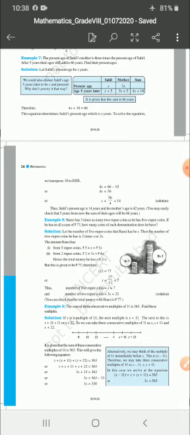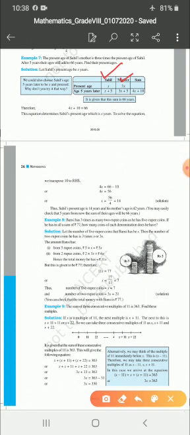After 5 years, their ages will add to 66 years. Okay, did you understand the question? The present age of Sahil's mother is 3 times his present age. So, Sahil's present age we have taken as x, and his mother's age will be 3x.